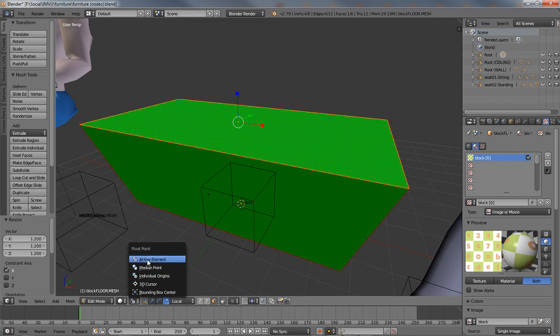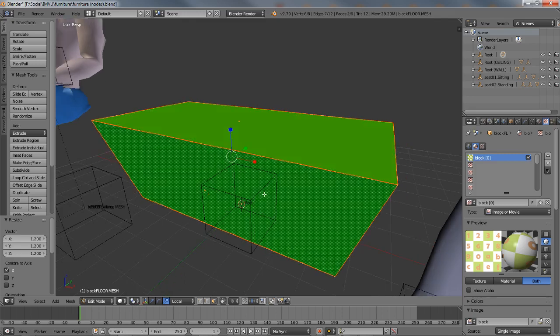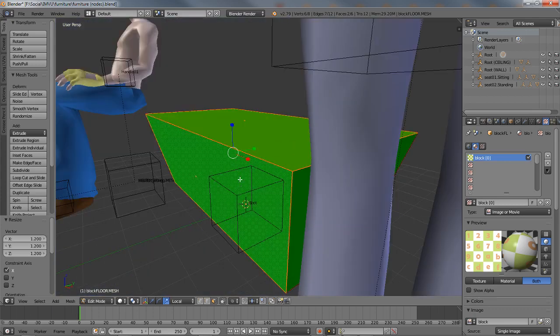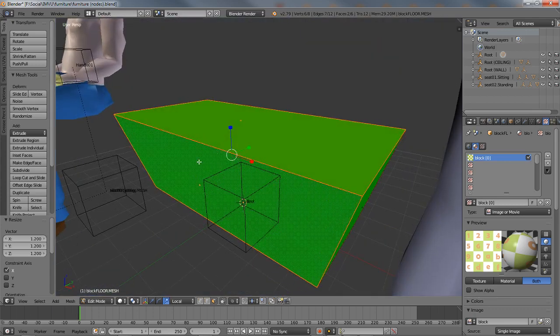Pivot point. And what this does is, if you make more than one selection, it's usually easier to see this if you make more than one selection. So there are two faces selected, and Blender needs to know what the pivot point is for whatever manipulation you're